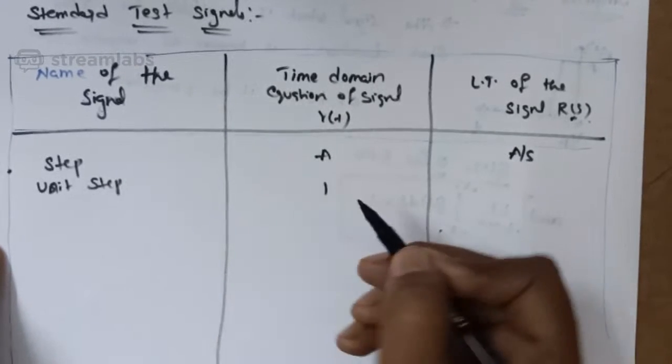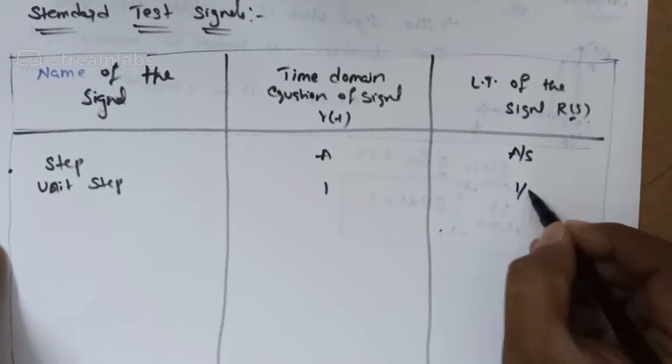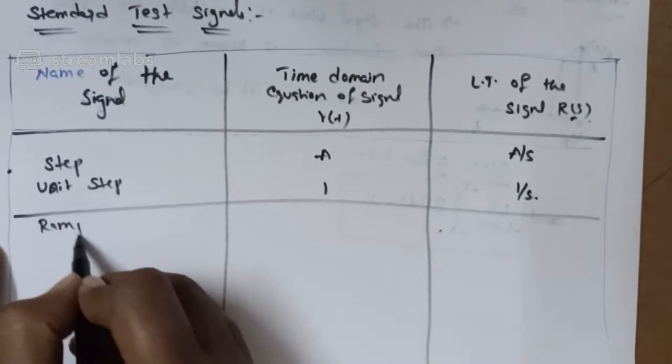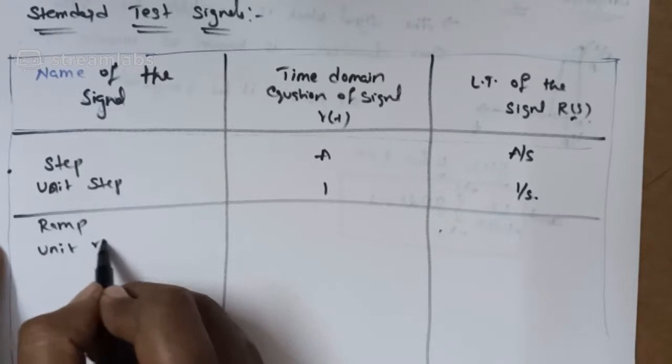Unit step has magnitude 1 and the Laplace transform is 1 by s. Next, this one is for step and ramp, unit ramp,